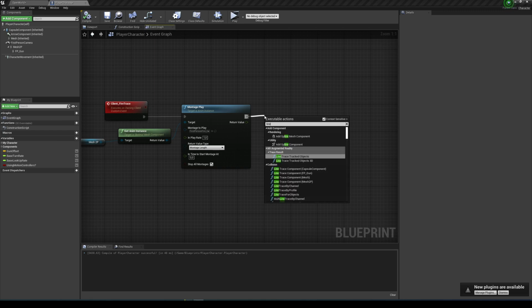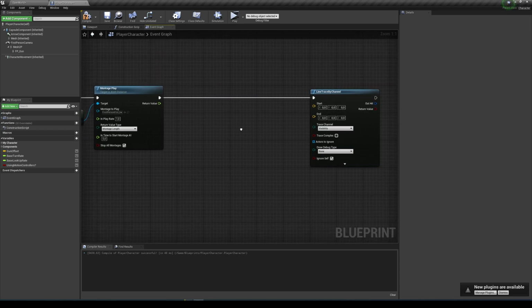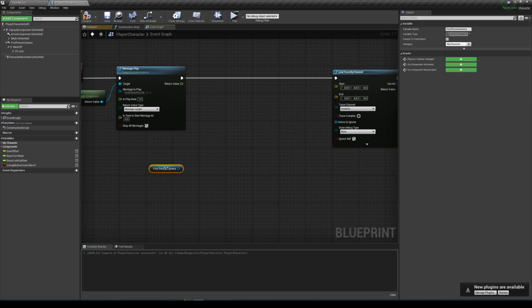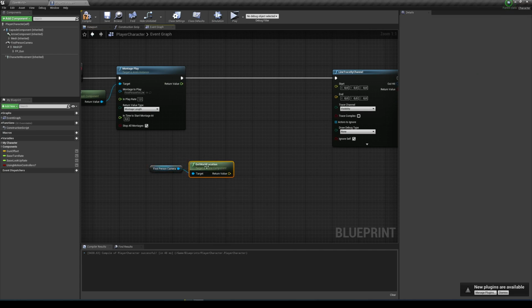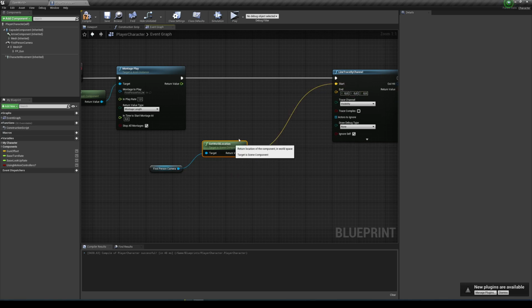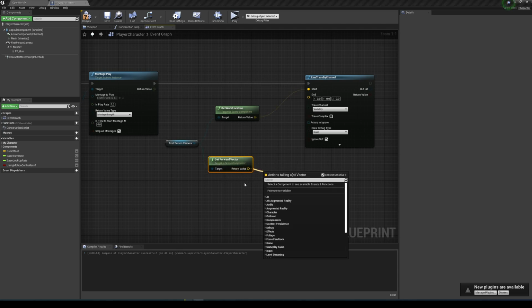Okay, so let's do a line trace over here. I'm going to use a simple line trace by channel, and it's going to be very simple. The math over here, we're just going to get our camera, get the world location of our camera, so the trace is going to start there. For the end, we want to get the forward vector of our camera. Then we want to multiply this